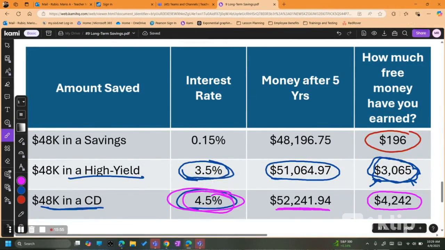And today, what you need to know about savings accounts is that these are very secure. They're lower interest. You're not going to earn as much as an investment account, but they're very stable. They're very secure. You know for sure that in 5 years, you will have this amount of money.